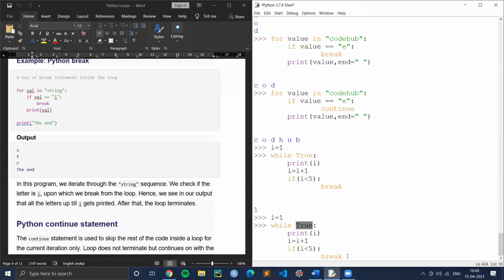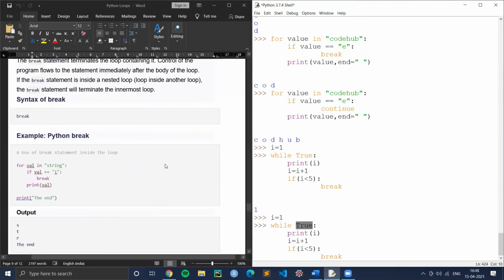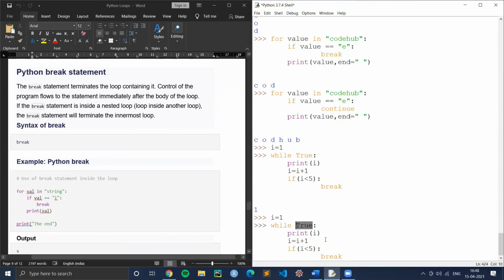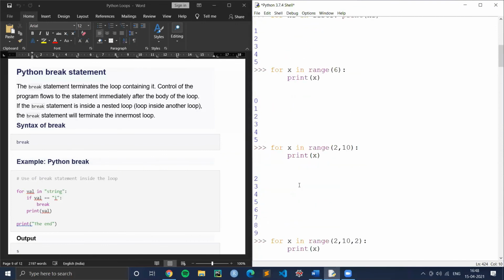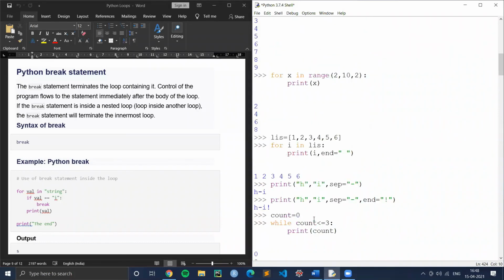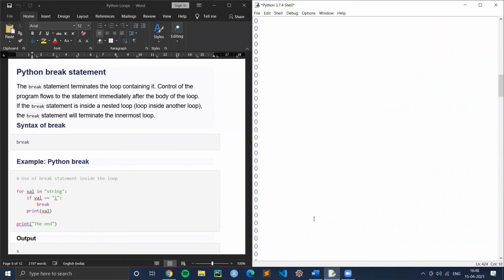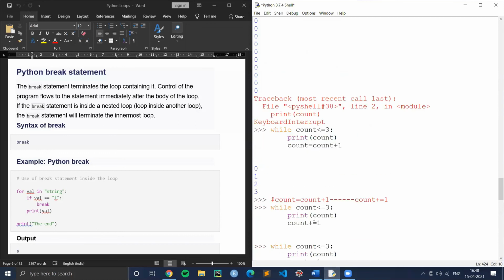So that is it. I'm done with teaching you guys loops. There are so many problems, like you can find quadratic equations using simple if statements. You can find if a number is greater than 0, a positive number, a negative number, or equal to 0. There are so many such programs which we can write using the simple things. You can try it on your own. If you have any doubts, you can ask whenever you're facing any problem in writing the program. I've just taken you through the basic syntaxes so that you know what errors to avoid, what mistakes you should not commit, right? So that's it. I think I'm done.